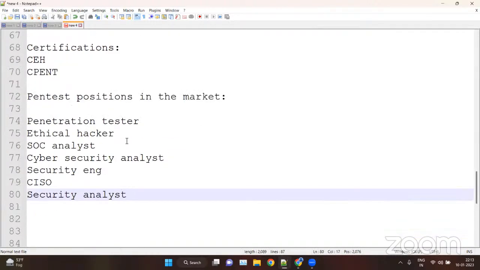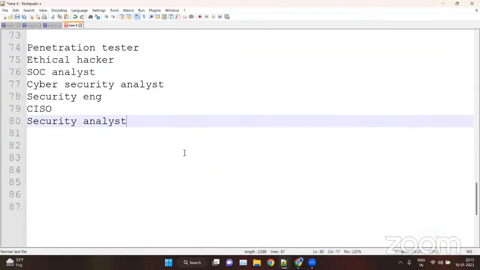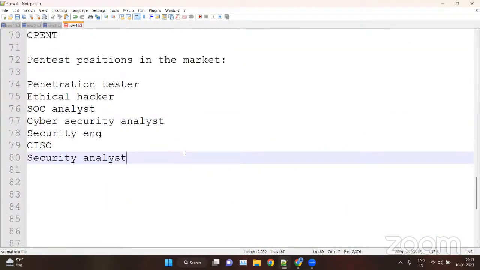Basically, there's a demand for the penetration tester. A penetration tester is someone who knows how to find bugs inside web applications, websites, inside networks, etc. An ethical hacker is someone who hacks legally. So there's no difference. We can write here.